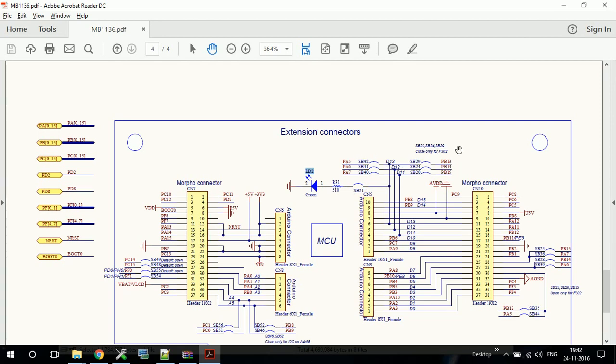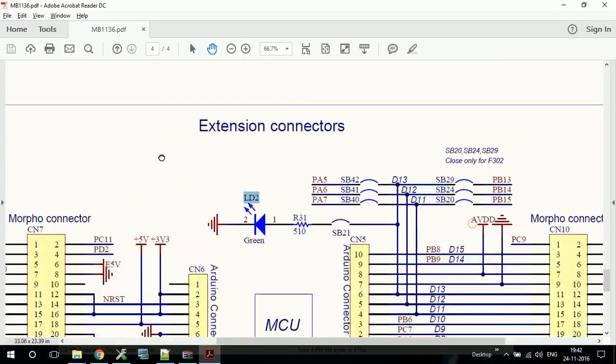But it is not actually connected to PB13, because it is given here that these three jumpers SB29, SB24, SB20 are closed only for F302. That means if you buy a Nucleo board with F302, only then is it connected to PB3. Otherwise these three jumpers are open.